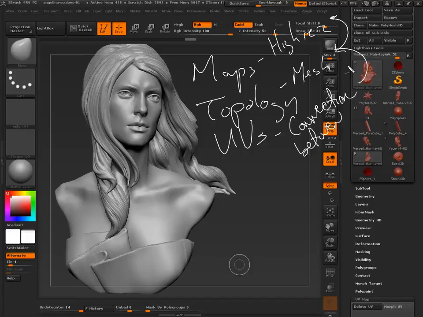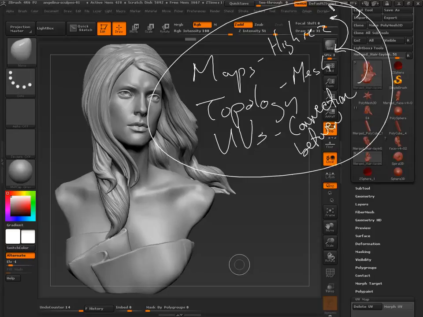So these are the tools we're going to look at when we deal with high-res, or when we deal with maps and exporting. But there's a couple of problems that we have to keep in mind.